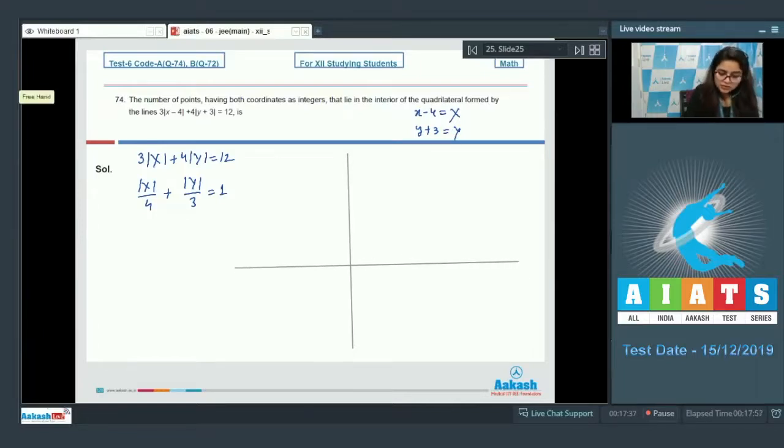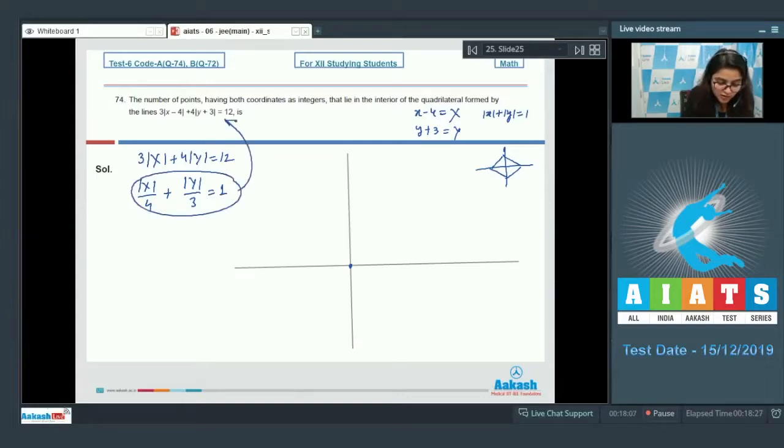If you remember the graph of mod x plus mod y is equal to 1, it is something like this, which is symmetric in all 4 quadrants. So here we have to find out the integral points lying in the interior of the quadrilateral. This point is not the origin, but we are assuming it is the origin, because for this equation and for this equation the number of integers in the interior of the quadrilateral would be the same. So for making the question simple we are taking this as the origin, and 1 2 3 4 and this is 1